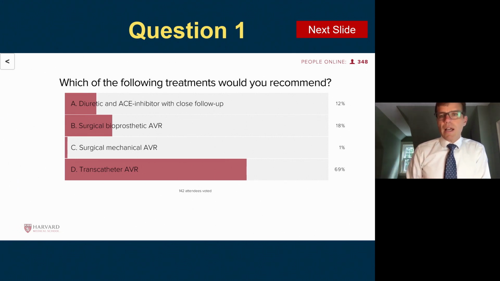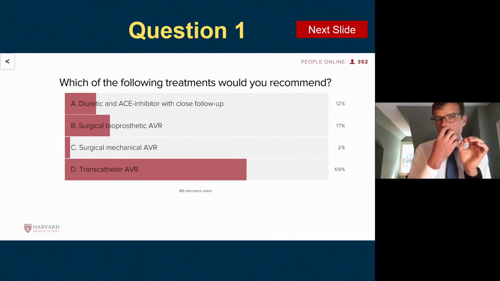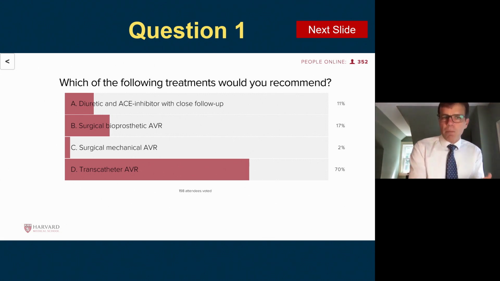So the correct answer here is transcatheter aortic valve. This woman is 70, and we'll go over these answers in a moment. I think that surgical bioprosthetic valve is probably the next most reasonable option because 70 generally puts you in the category of a bioprosthetic valve as opposed to a mechanical valve, which is why C is probably not the right answer. And if technically a transcatheter valve isn't feasible, then you would think about a bioprosthetic valve. A diuretic and an ACE inhibitor would probably not be a reasonable